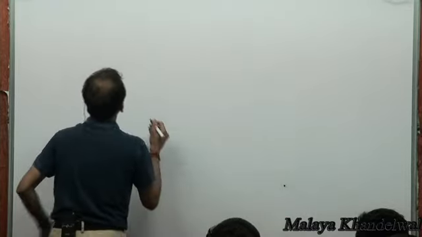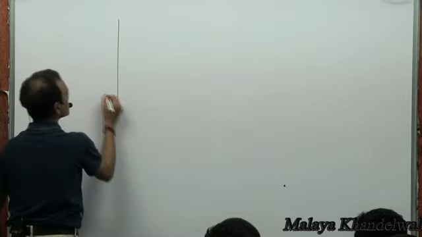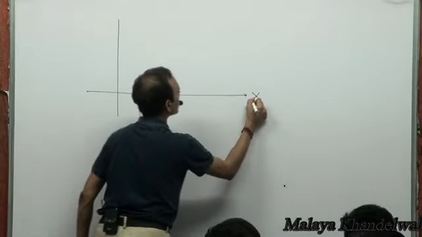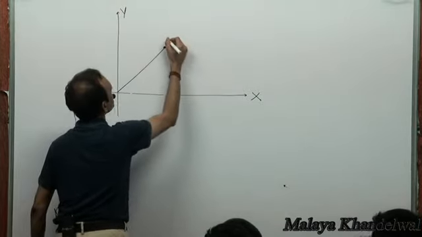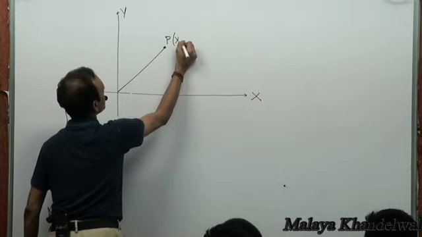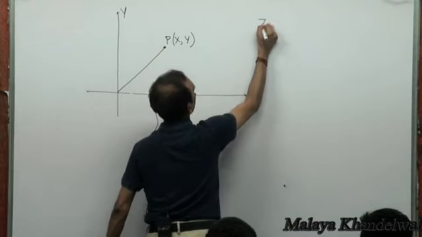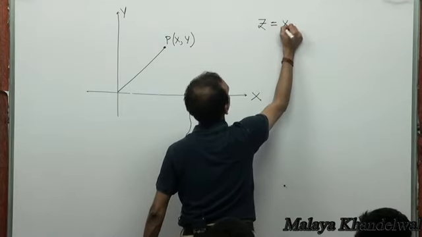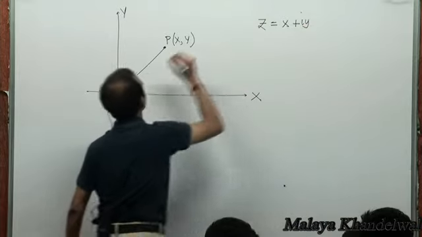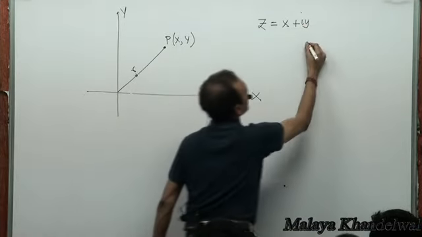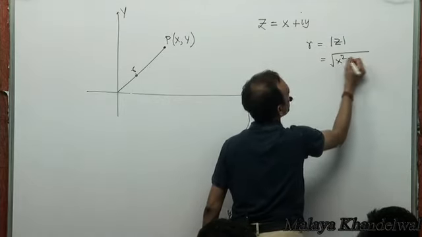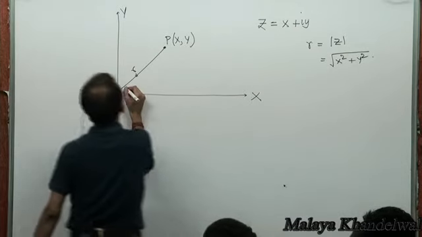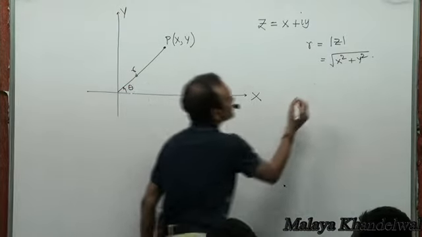So now, given a complex number represented by the point P, which has coordinates x comma y, meant to represent a complex number z, which is x plus iy, then this r is the modulus of z, which is root x square plus y square. This theta is the argument of z,